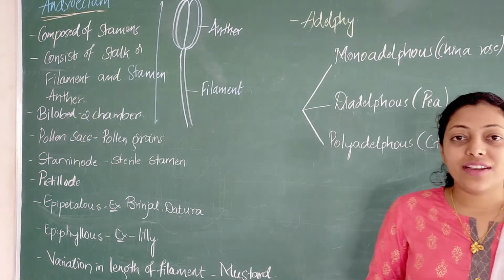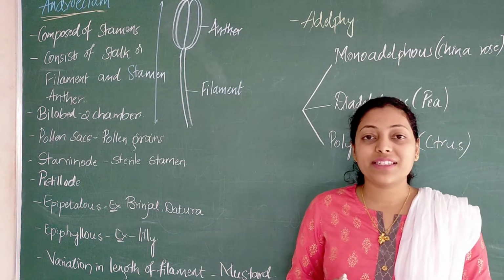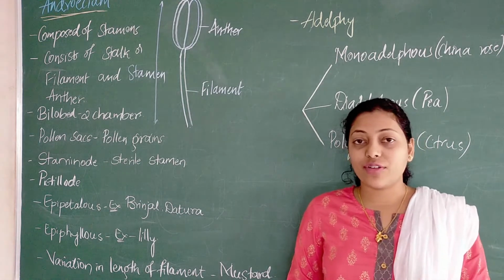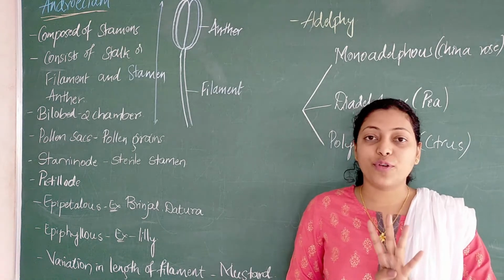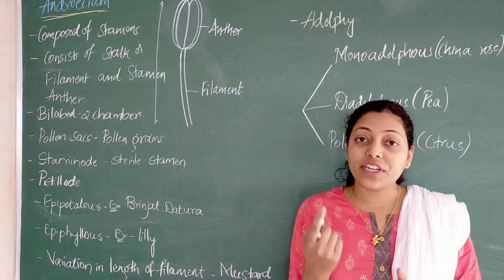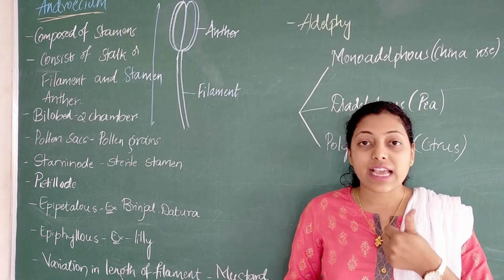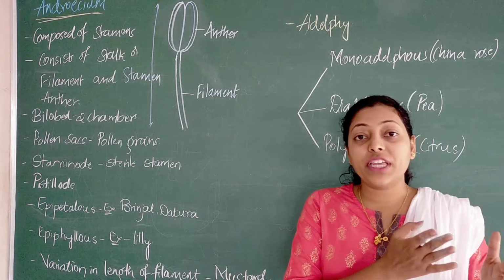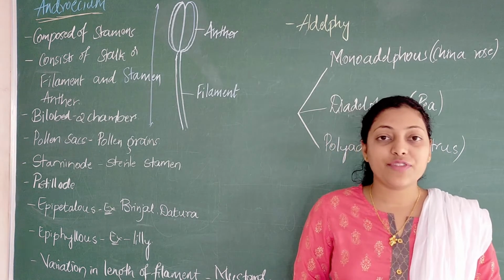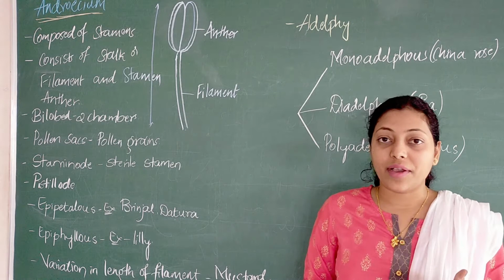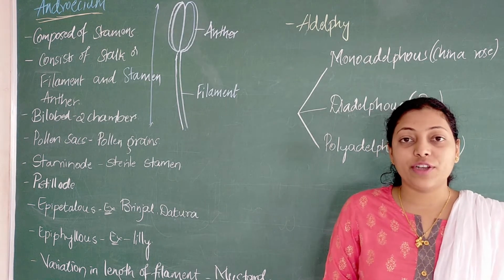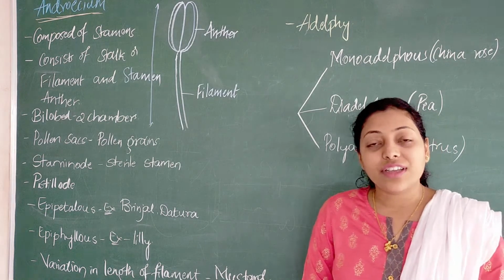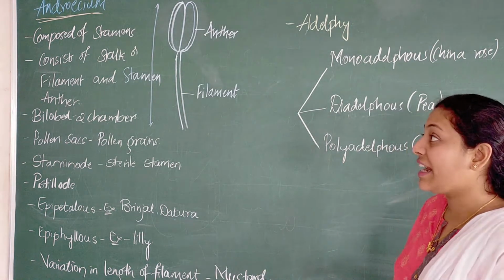So, dear students, in my previous videos, you have been studying different parts of a flowering plant. We came across that a typical flower consists of 4 different whorls, right? 4 different circular arrangements: calyx, corolla, androecium and gynoecium. In the previous part you studied calyx and corolla. This is the next part, where we will be studying androecium and gynoecium. Is it clear? So, we shall begin with the next part, that is androecium.